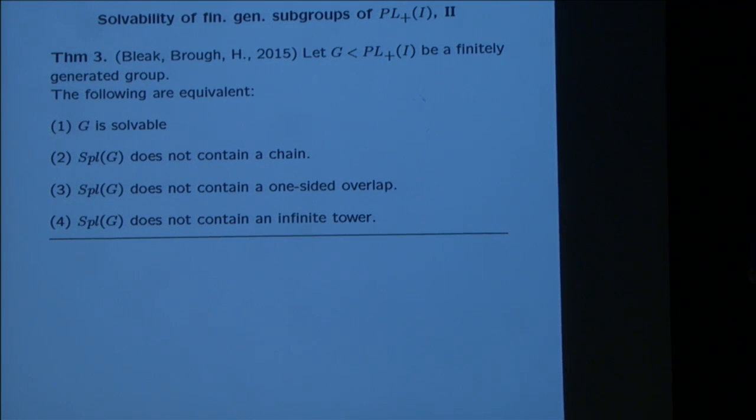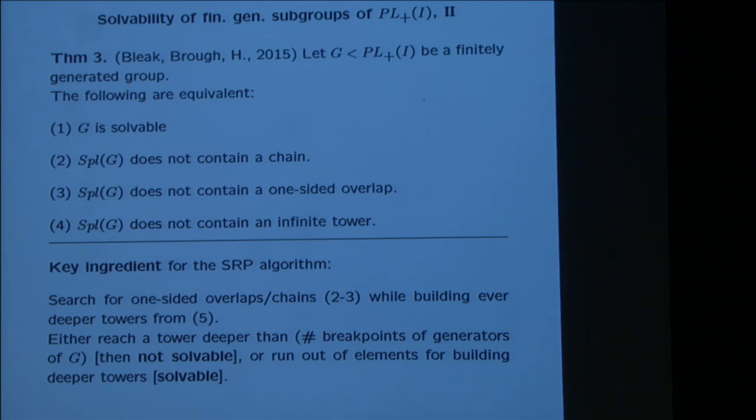So just look at all of the one-bump factors of all of your elements and see if you've got this picture somewhere. If you do, you're not solvable. If you don't, you're solvable. Same thing for the one-sided overlap in the split group, and same thing for containing a tower. Solvability means you can't contain any of these things, and it means exactly that. If you don't, you are solvable. Okay, so the last piece of this is talking about, now that we've got this,